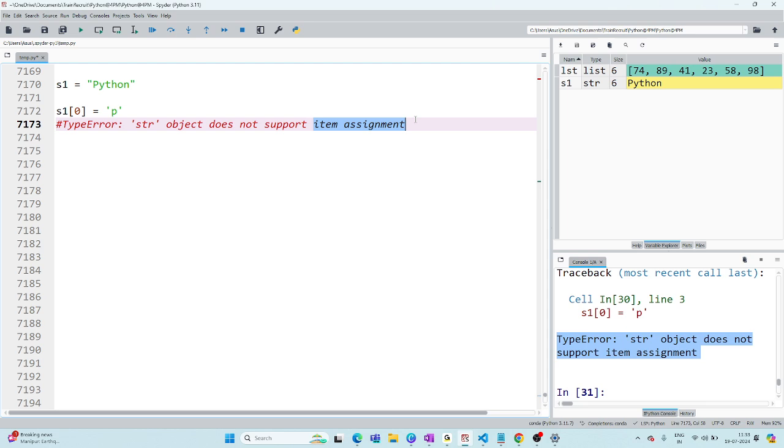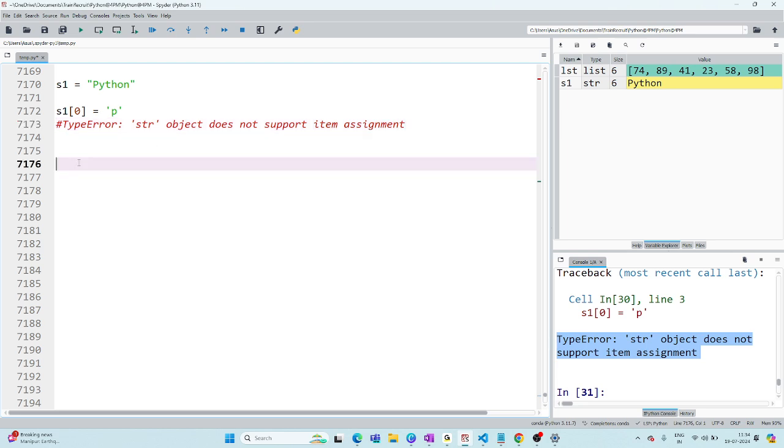Don't try to put anything into it. Forget about changing an element. If you want to use S1, use it as S1, Python, capital P-Y-T-H-O-N. You cannot do anything with that. Got clarity or not?